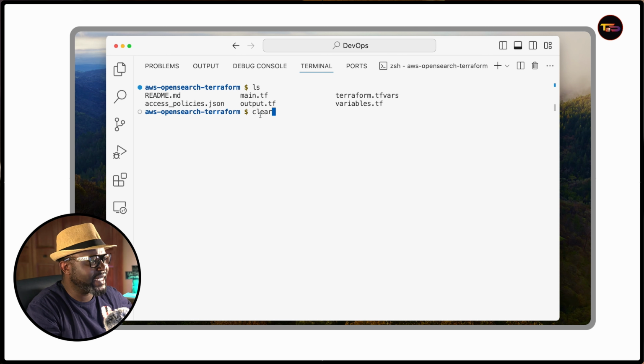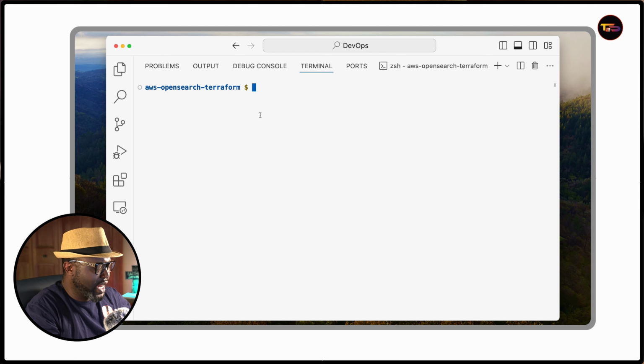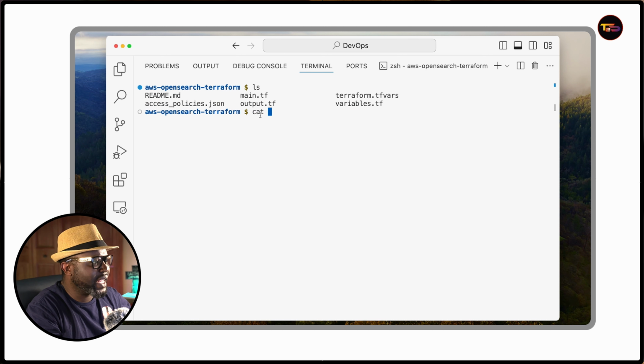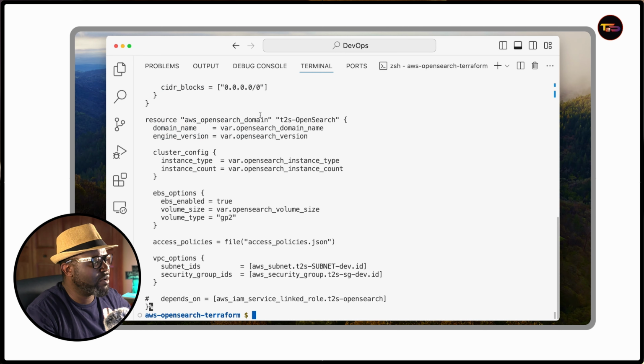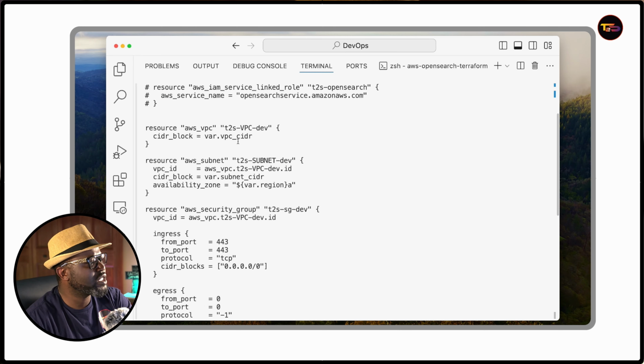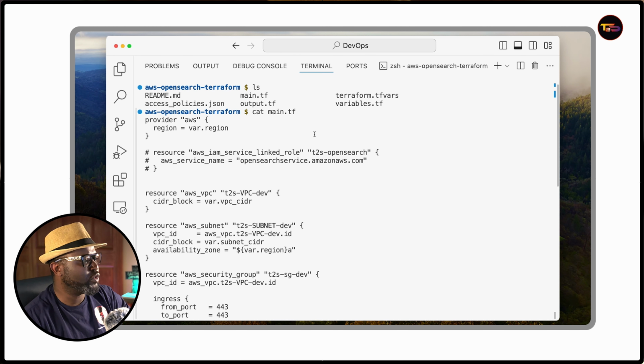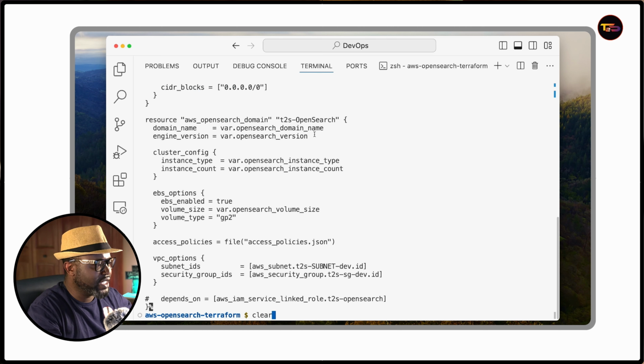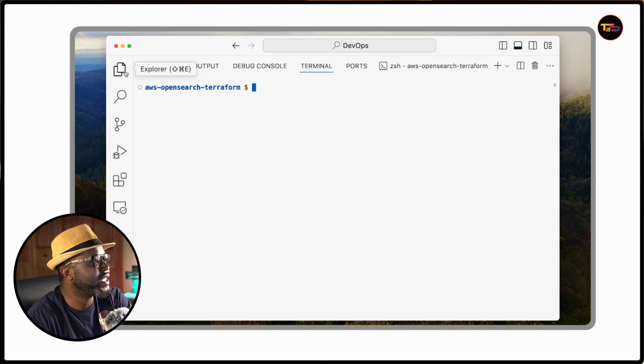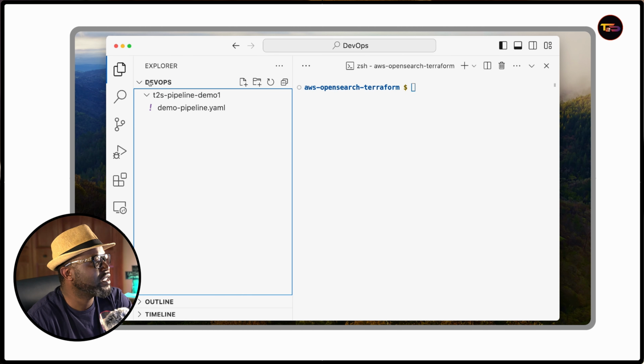So we've done that. If you wanna do that, you wanna cat main.tf file to see what we have there. So this is what we have. And then when you get to this point, this is where you're gonna need to change things. Like if you click here to explore,